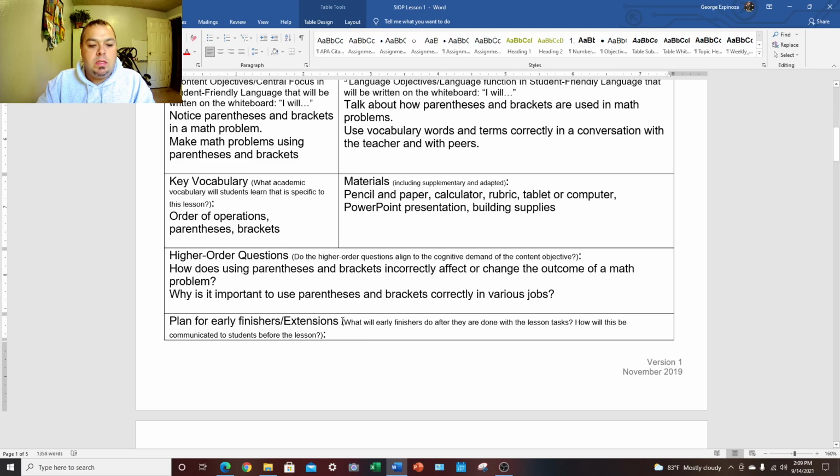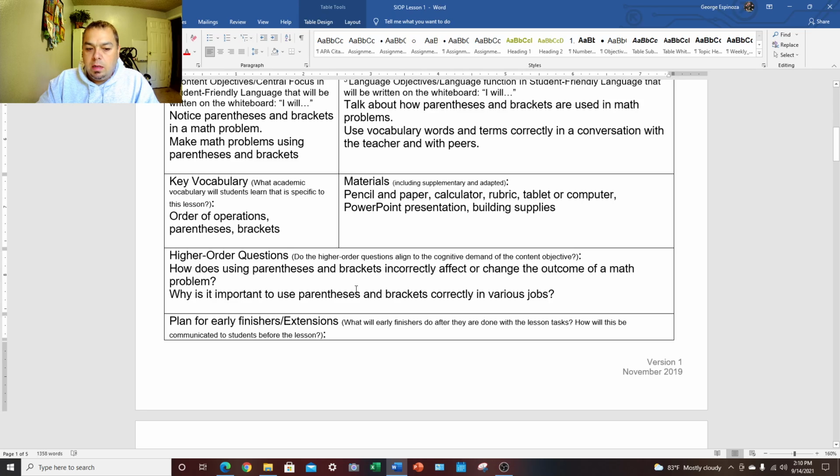So, higher order questions. First of all is, how does using parentheses and brackets incorrectly affect or change the outcome of a math problem? And the second question is, why is it important to use these brackets and parentheses correctly in various jobs? I wanted them to be able to think beyond just the current application. For example, if they were building a water tower, or if they were, as Mrs. Vincent's husband does, engineering a dam,